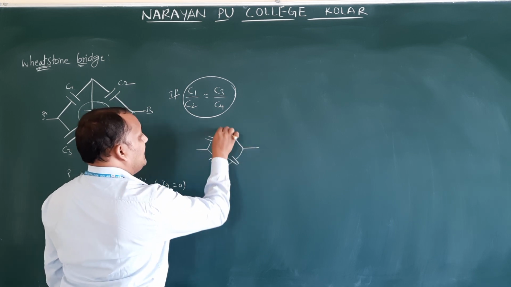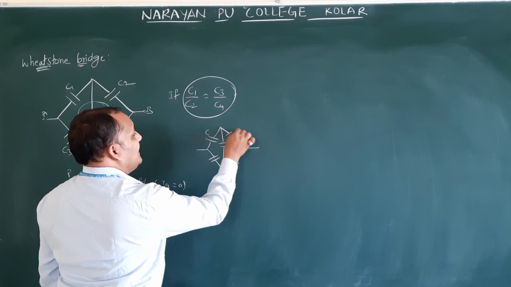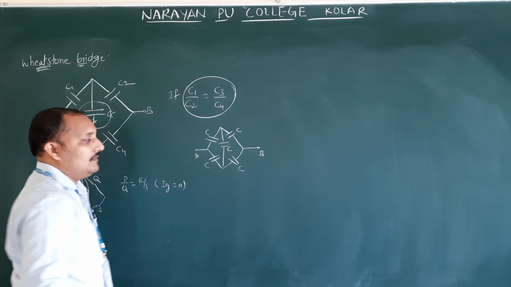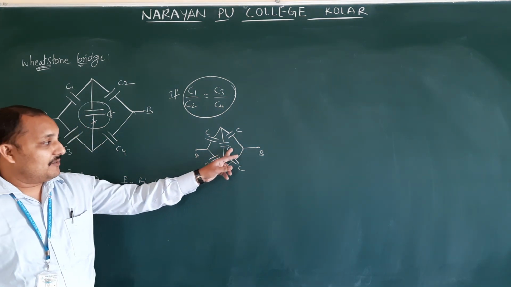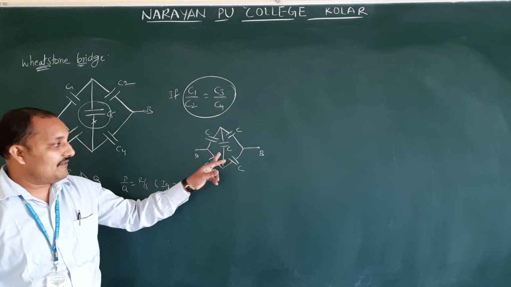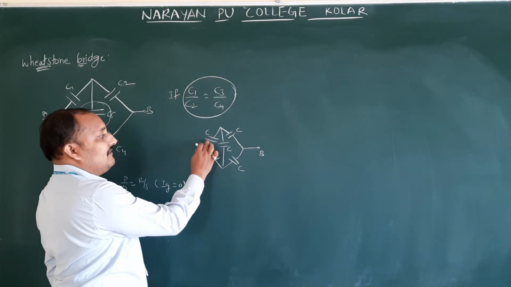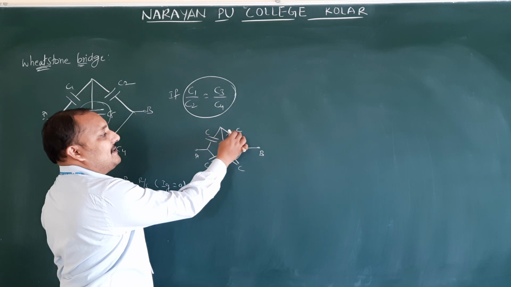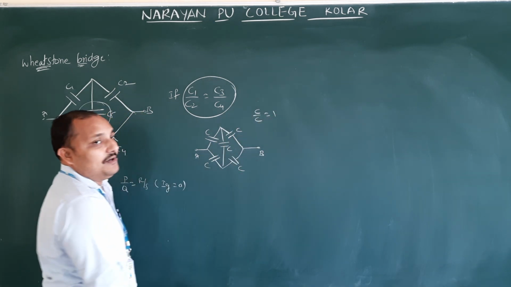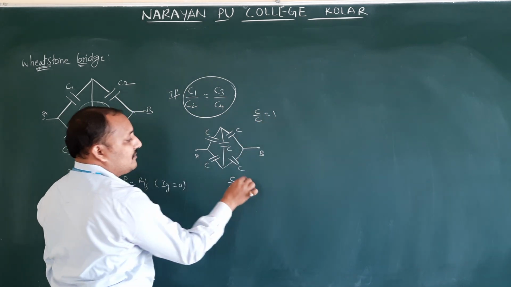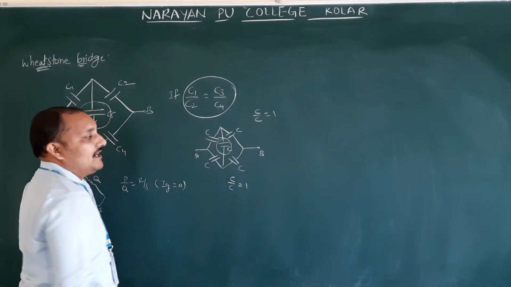Then you can understand very easily. So C. A. When we find the resultant capacitance between A and B, we will remove this center one, since C1 by C2 equals C3 by C4. Here, what is C1, C2? C by C, the value is 1. Here also C by C, value 1. Both are the same. Therefore, we will remove this one.